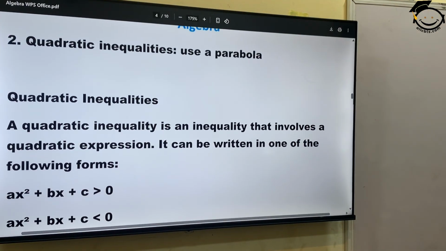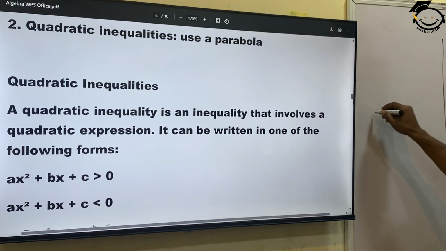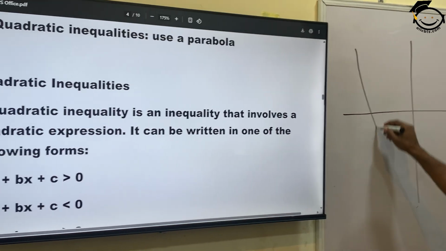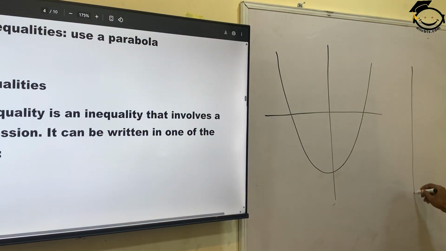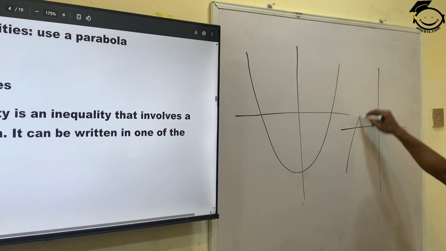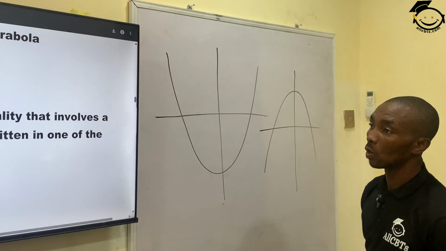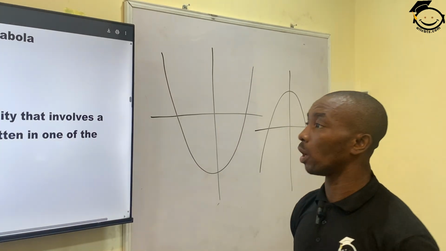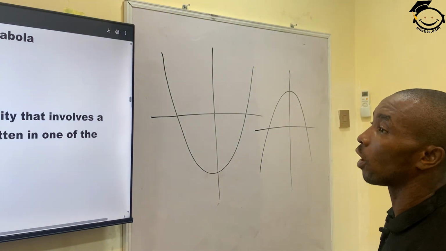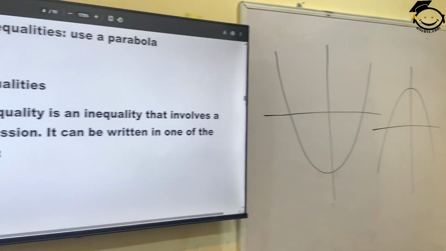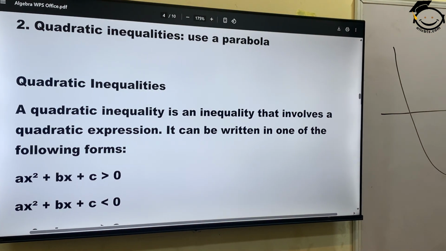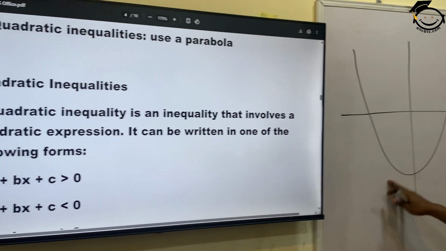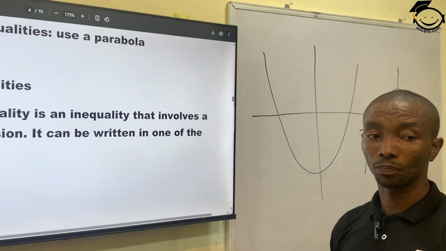Now, what do we mean by a parabola? Quadratic inequalities come in this form, where we have the minimum or our maximum. A quadratic inequality is an inequality that involves a quadratic expression, and it is written in the form below: ax squared plus bx plus c greater than 0. Now, when we solve it out and plot our graph,